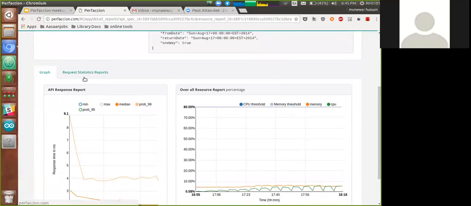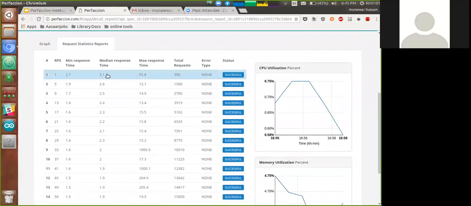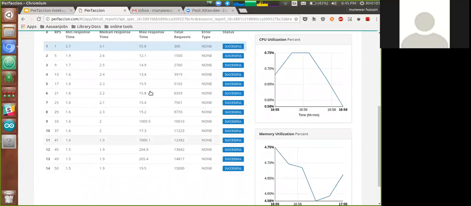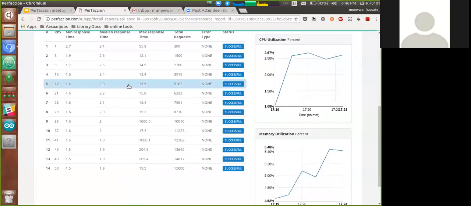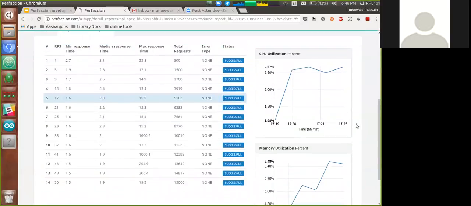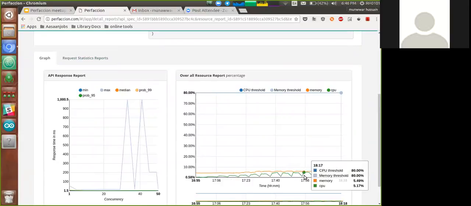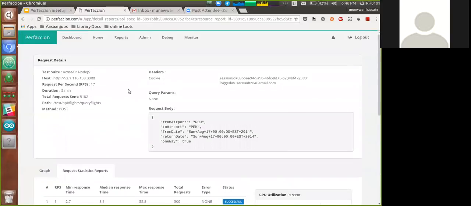Our request report statistics will give you details on each request which it has carried out. So if we said that we want 50 RPS, it started with 1.5, then went on, and at 50 it concluded that it's good enough to go with this. If you click on each detail, it gives you the CPU utilization and memory utilization for that particular concurrency test. In the previous graph, it had merged all those individual graphs to create this whole graph. And if you go back,